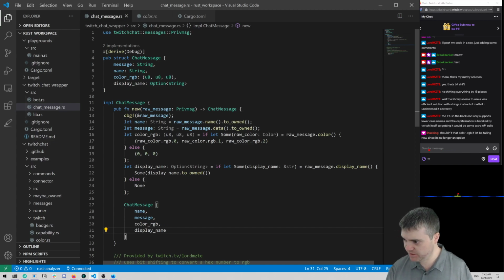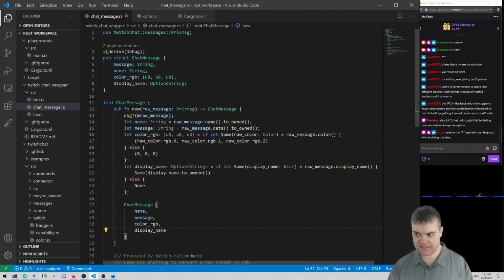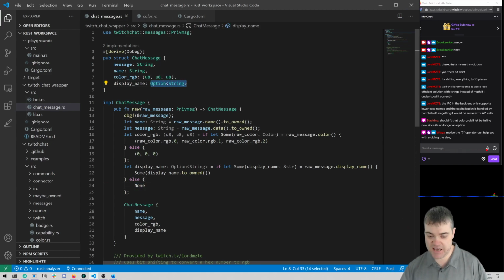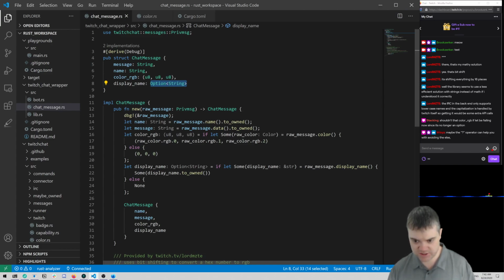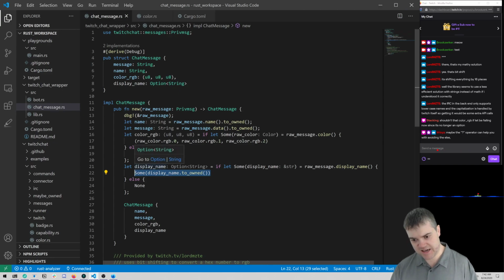Shouldn't that color RGB if let be failing since it's no longer an option? I think maybe the question mark operator can help you avoid the else. But I think the problem was I do want it to be a None here. And so what it was saying was, hey, if you do this to convert this over into an option, and actually, you know what?